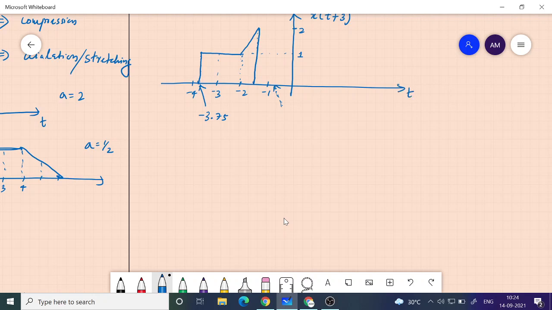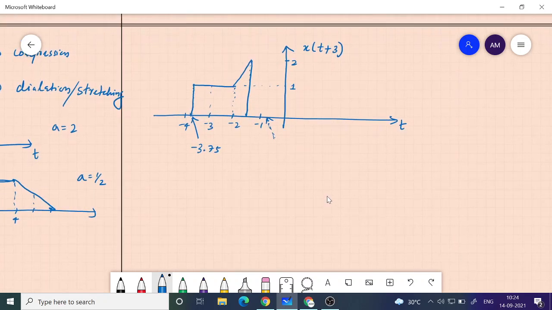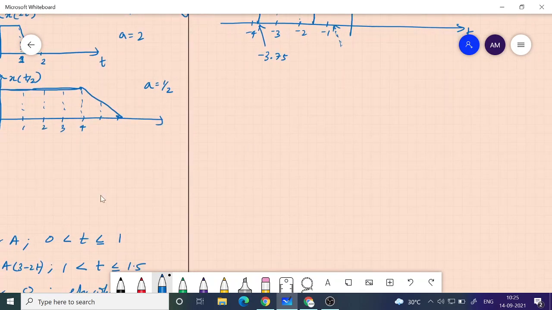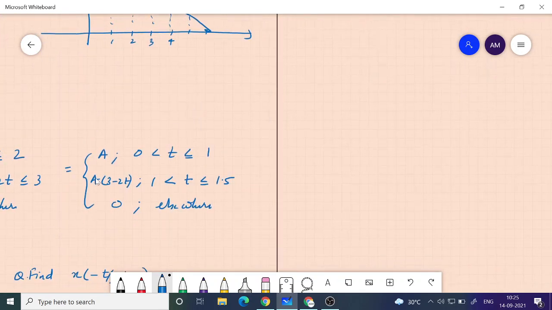Is that clear now? Yes, sir. Duration should be maintained, amplitude should be maintained, nothing else should be changed. Only the starting and ending are shifted. Otherwise everything is maintained. That is the shifting operation. We are only doing shifting. We are not doing any scaling, and not doing any inversion. We are doing only one operation at a time. So this is the graphical method. There are 3 basic time operations, out of which we are doing one by one.